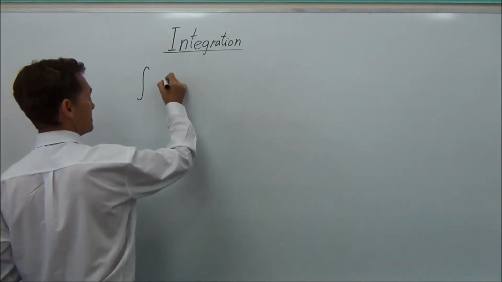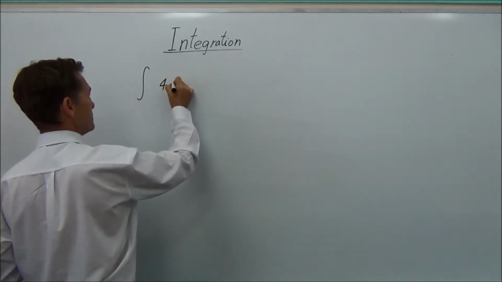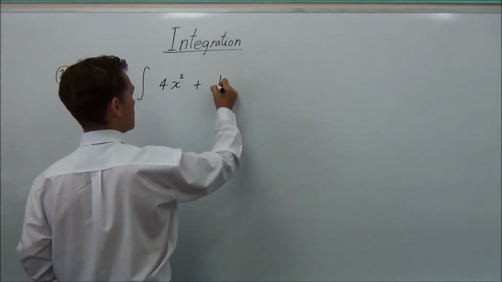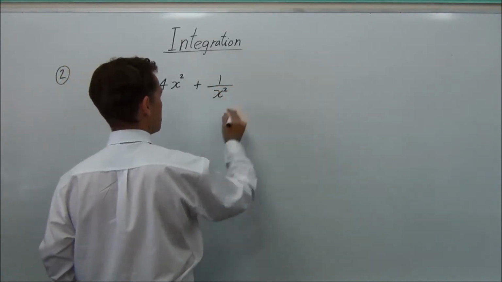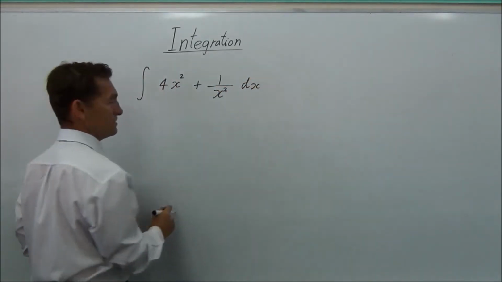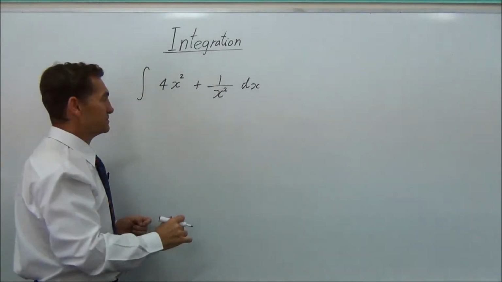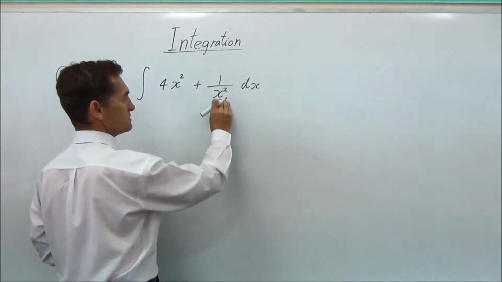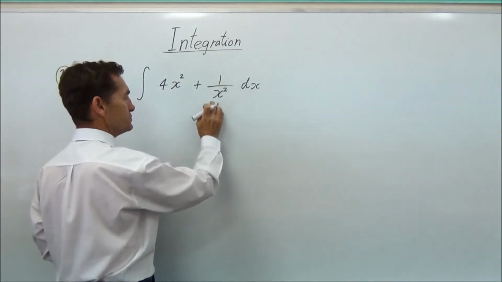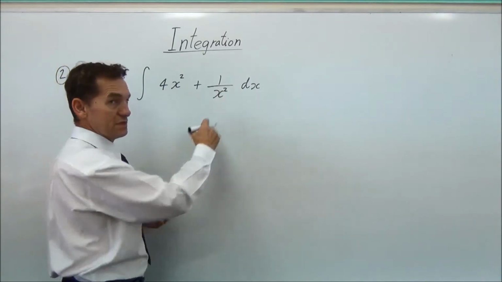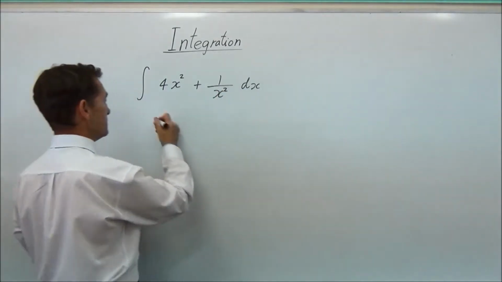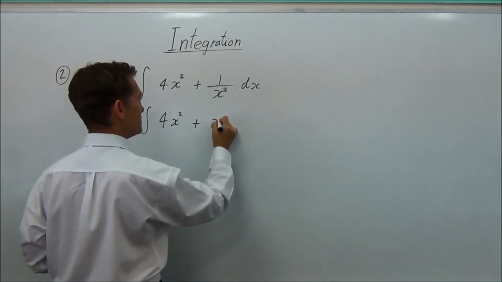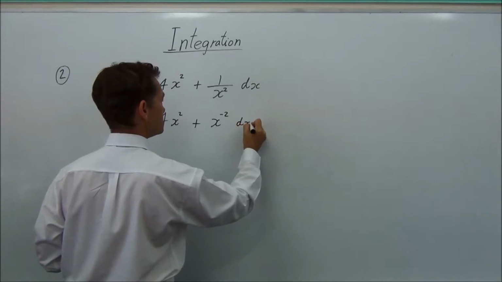So if we integrate 4x squared plus 1 on x squared dx. Okay, that's an interesting curve if you want to draw that one. So if you integrate this, what I would do is change this so it's x to a power, and you should know 1 over x squared is x to the power of minus 2. Okay, so I would do this, 4x squared plus x to the minus 2 dx, and now I can apply